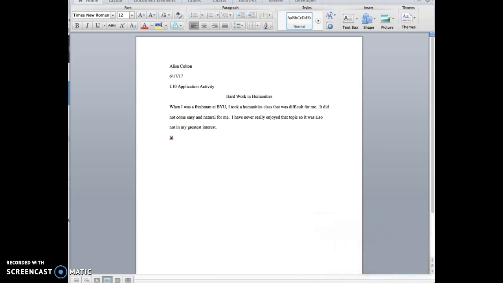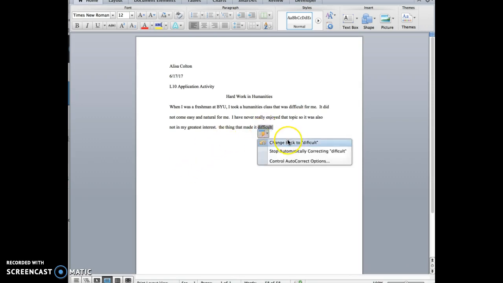So I'm going to hide my face just so you can focus on this and not be distracted by the corner. In looking at this, if I were to type the thing that made it difficult, and I spelled difficult wrong and it automatically changed it for me. And it says, do you want to change it back to difficult? No, because that was the wrong spelling. It needs two F's. The thing that made it difficult was all of the information I couldn't, maybe I spelled this wrong,